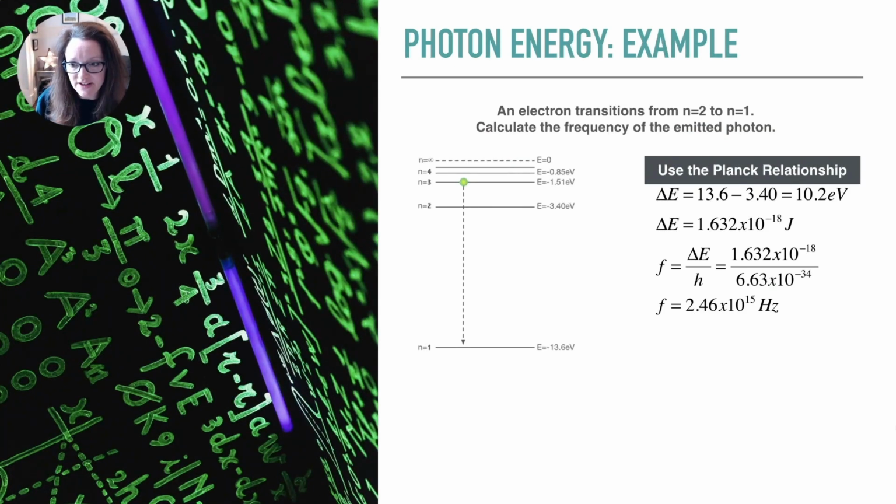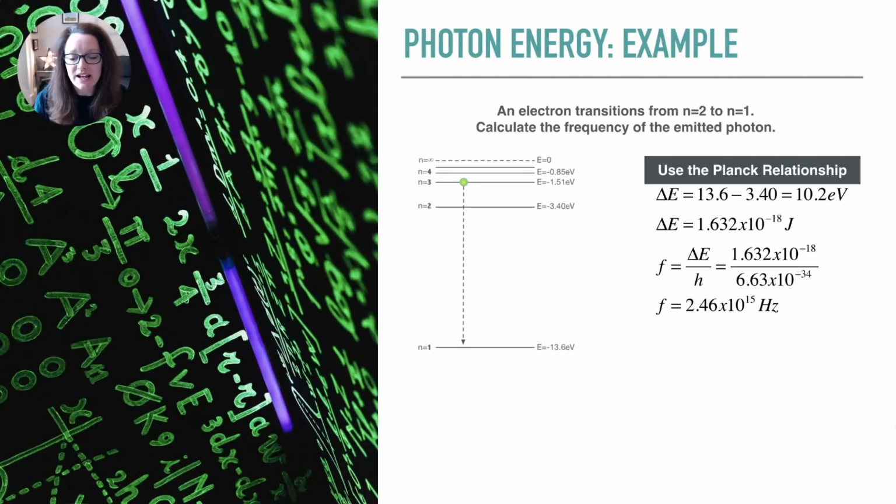Instead of showing the energy levels as round circles, we tend to simplify it to what looks like a series of horizontal lines. The distance between the horizontal lines is indicative of how much energy is between those energy levels. What you can see on this diagram here, and I think this is a hydrogen atom, is n